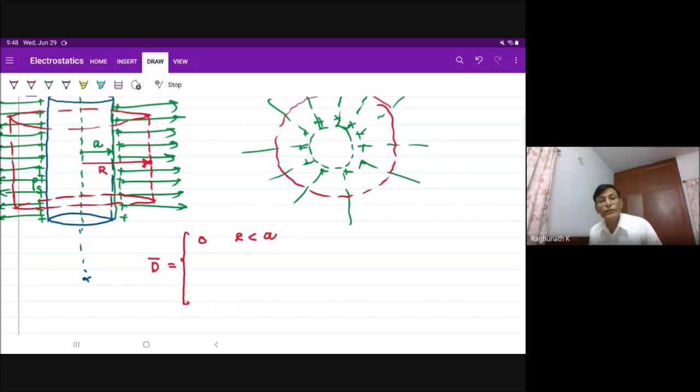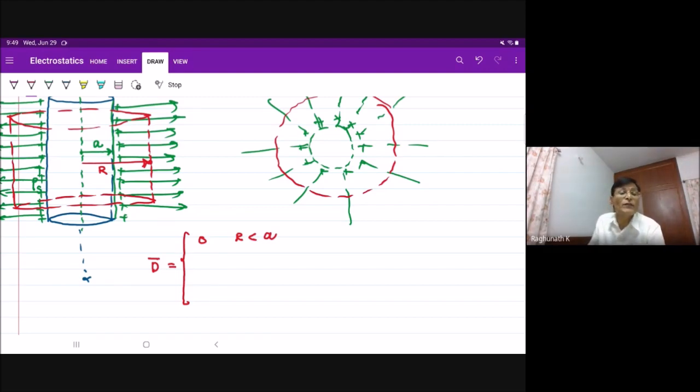Then I will tell. Rho s is the surface charge density present on the surface of this hollow cylinder of radius A. In fact, even if it is a solid cylinder, when it is charged, the charge comes onto the surface only, truly speaking. It is present on the surface of the cylinder. Rho s is the surface charge density